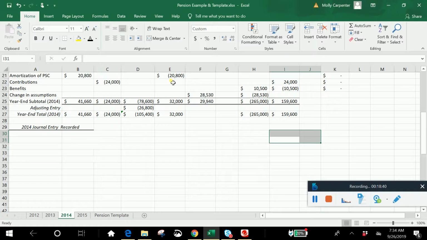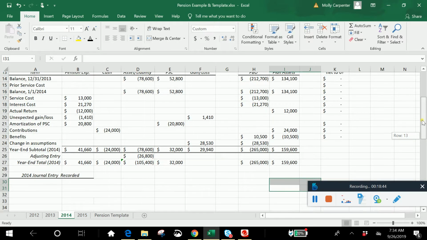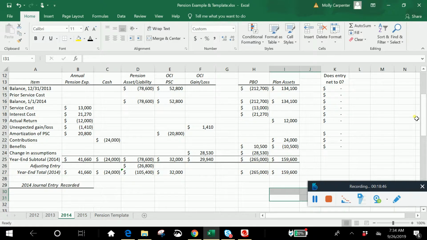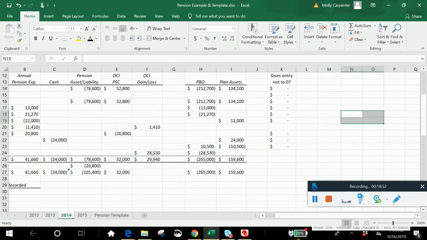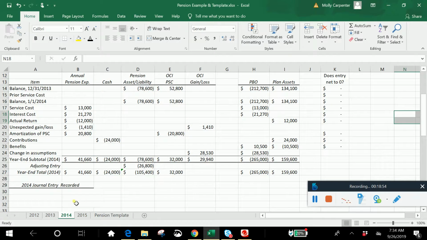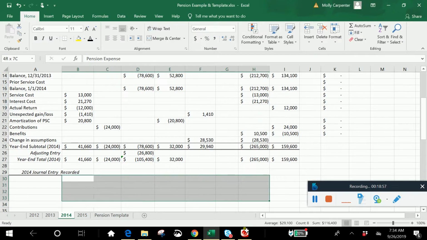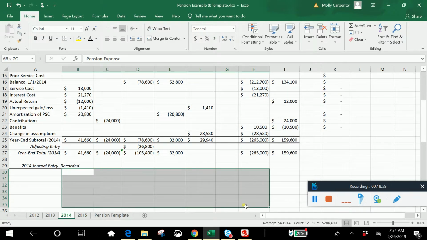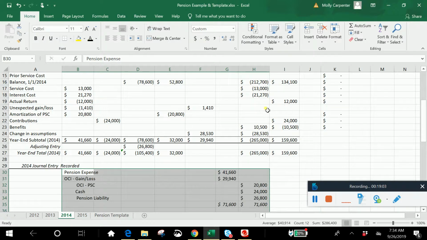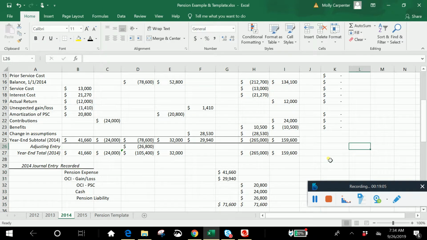That was the activity for the year. And we are going to have a debit to OCI gain loss of $29,940. So if we do all of those pieces, we should end up with a balanced journal entry,